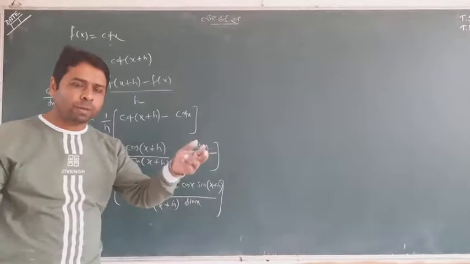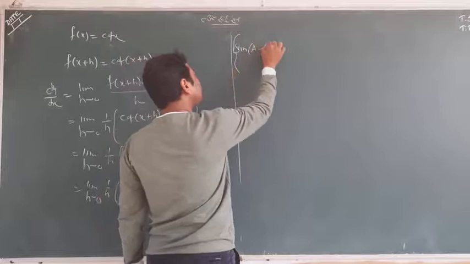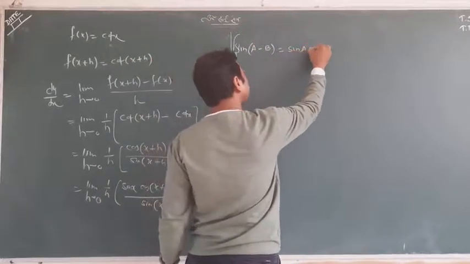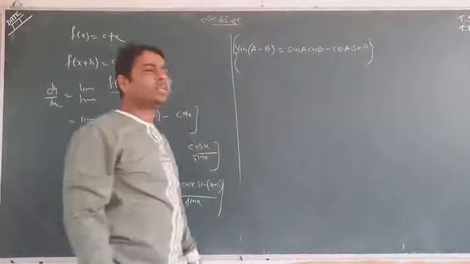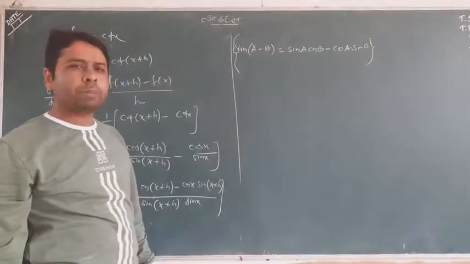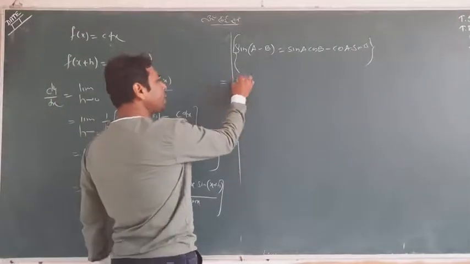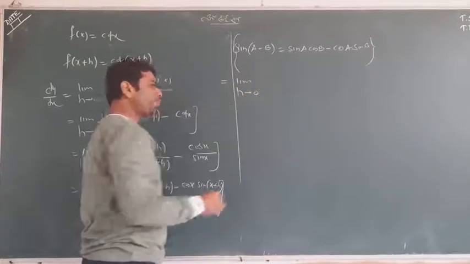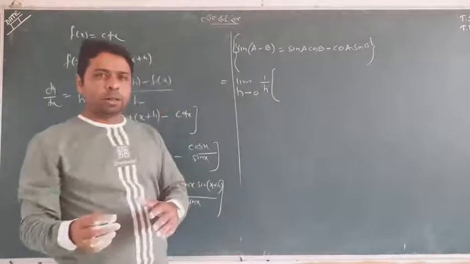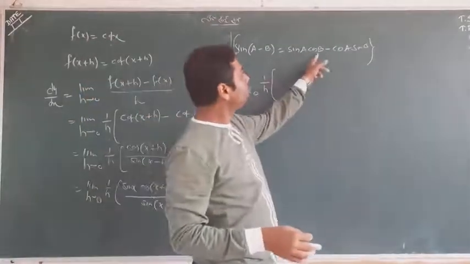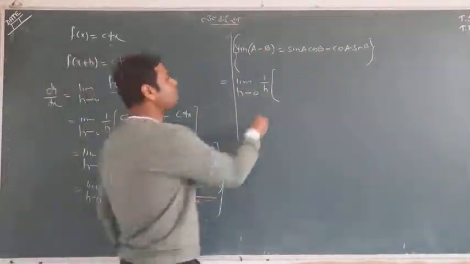It's an expanded formula of what? Let me explain something. You know that in trigonometry, sin of a minus b was there: sin a cos b minus cos a sin b. That is the formula you already know. Sin a minus b equals sin a cos b minus cos a sin b. Use it and get your answer. Limit h tends to 0, 1 by h, and make it small, make it compact. Sin a cos b minus cos a sin b is equal to sin a minus b. Use it here: sin a, meaning x, minus b, meaning x plus h.